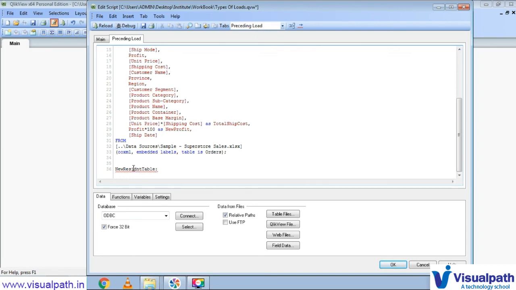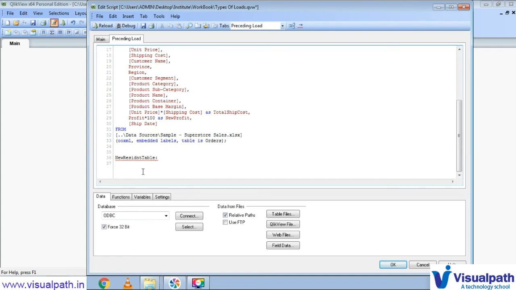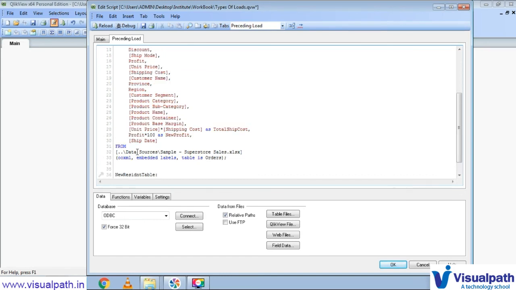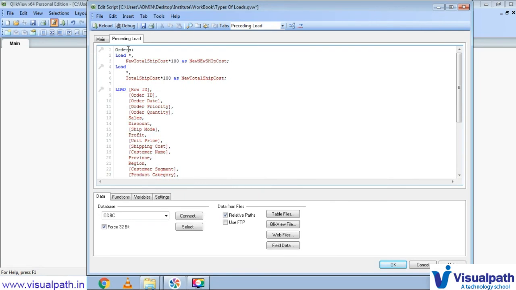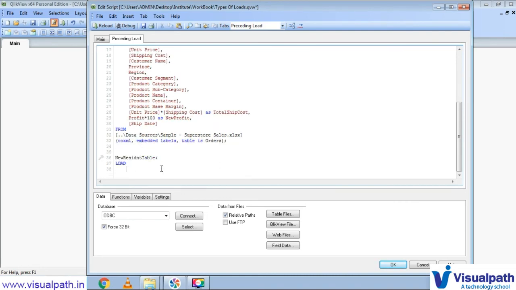I'll keep a column. Okay, don't go for the errors now, because we'll correct these errors, and we'll keep the load statement. Okay, and here, let's say we want to pull from this orders table. So we want to pull some region. Let's say there is a region field. I just want to pull region from there, and I want to store it as